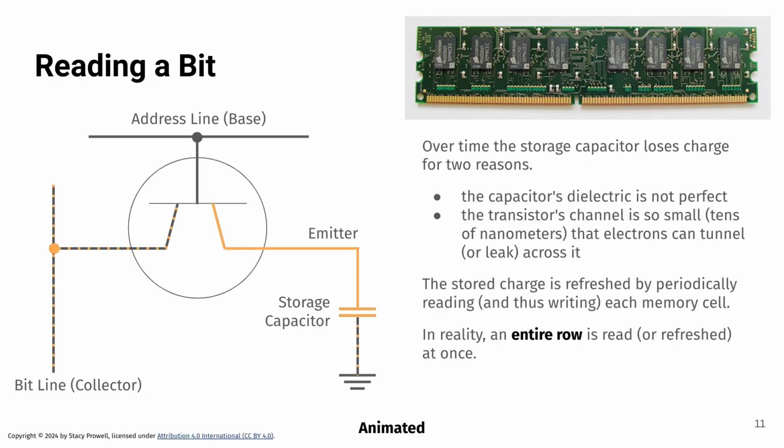So what you need to do is figure out how fast a charge leaks out. And then often enough, you need to go ahead and read all of memory. So you read a row, read a row, read a row, and you work through all of them periodically. And remember, reading basically refreshes what's there. And so you refresh each row in memory, and you do that several times a second. As a result, it's dynamically refreshed, and the memory stays persistent as long as you're applying power. When power is lost, then all of these effects happen, and you basically lose the contents of memory.